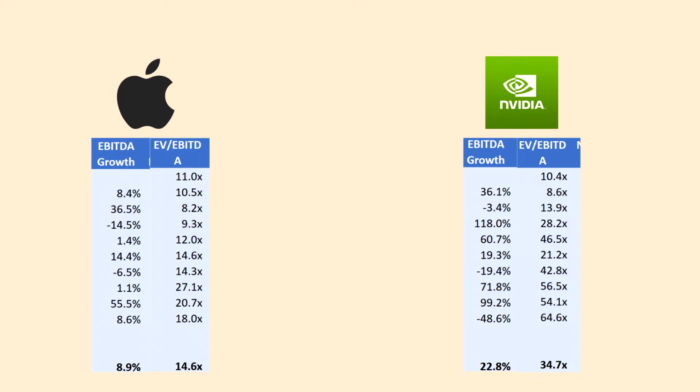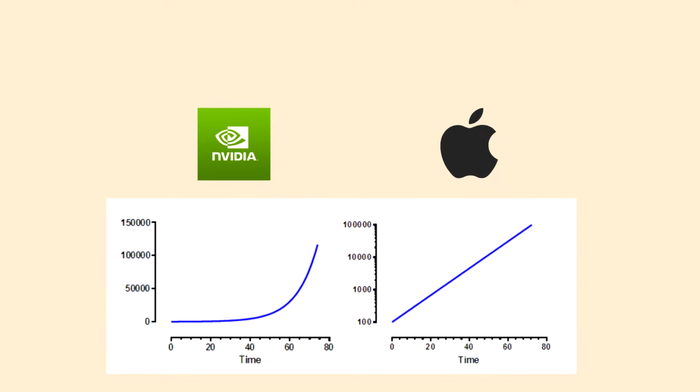If you buy Nvidia now and hold it, let's say, for a decade, people expect their returns to vastly grow in 10 years because of the growth that Nvidia has been seeing for the past 10 years. If we take a very exaggerated look at what these growth percentages would look like, we see here on the right-hand side Apple, which is slowly but steadily increasing their earnings at a very linear pace. And on the left side, we've got Nvidia, which is currently trading at way lower earnings than Apple, but at a certain point, because of their high growth rate, they will start to accelerate their earnings like crazy, which you can see here in the final part of our little graph.